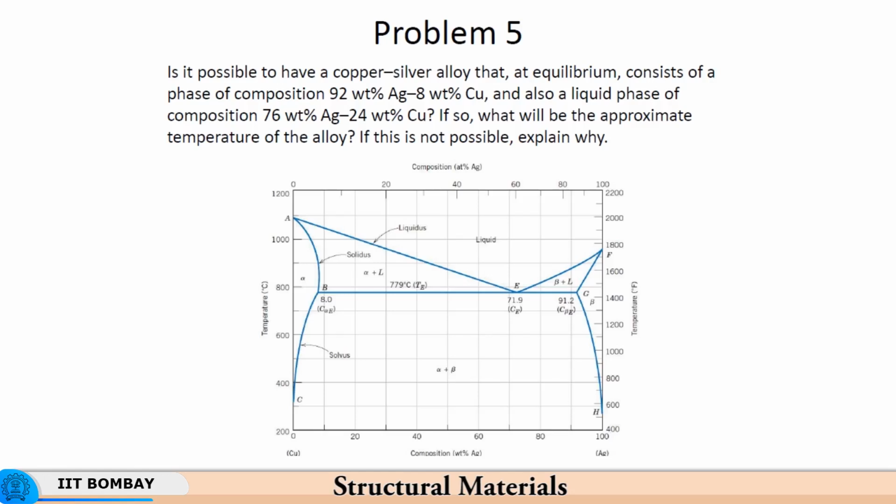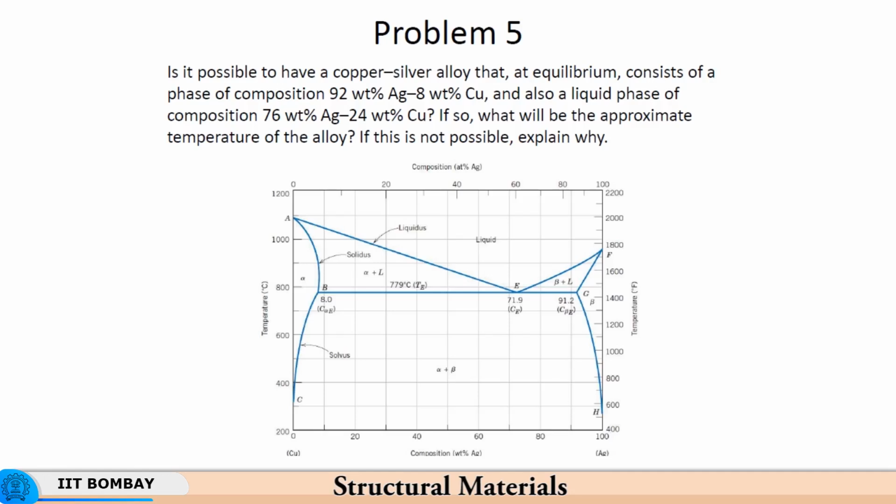This point is the solubility limit for silver at a temperature slightly below 800 degrees centigrade. 92% of silver will slightly go into the beta regime. So it is a silver-rich alloy with a small amount of copper,